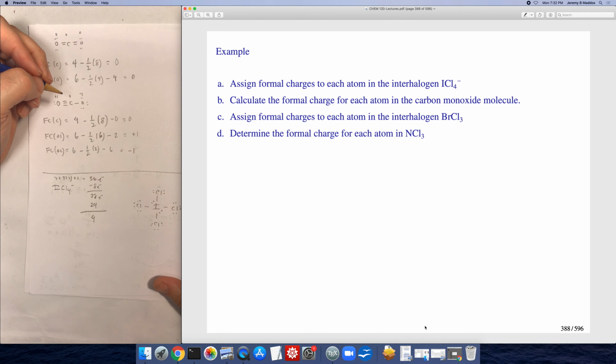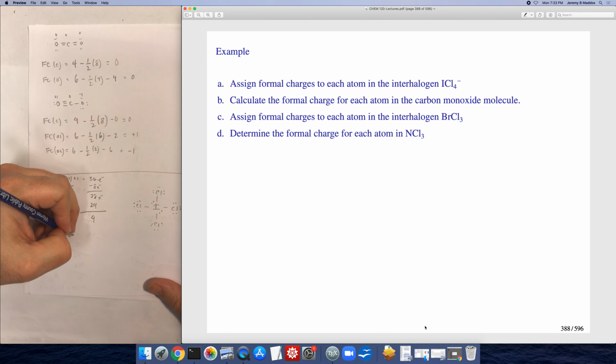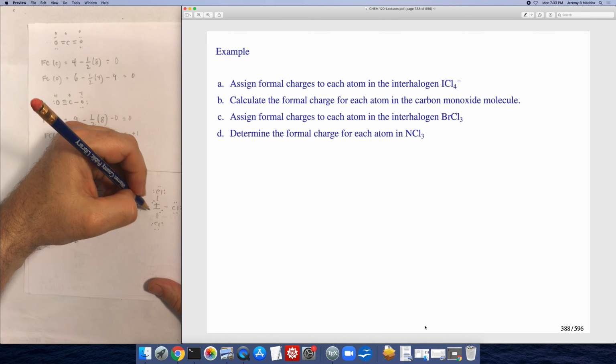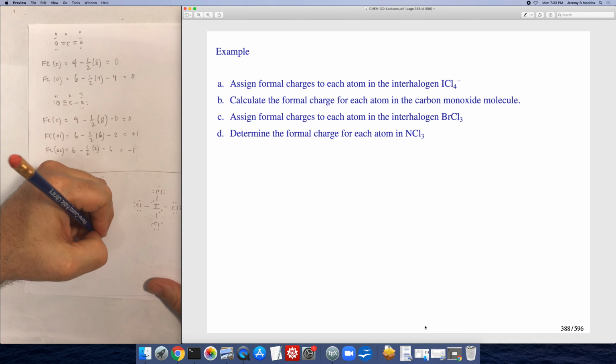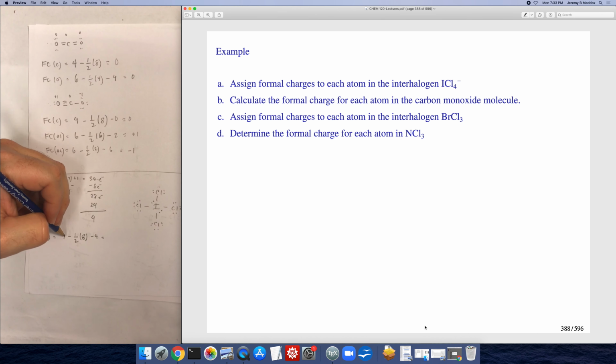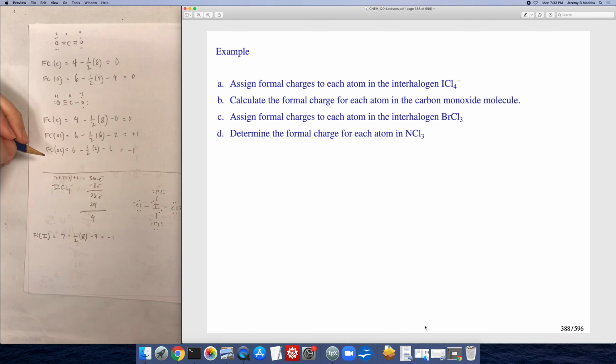Now what we want to do is assign the formal charges. So we'll start with iodine. The formal charge on the iodine, we start off with 7 valence electrons. Subtract off half of the bonding electrons. There's 2, 4, 6, 8. And then there are also 4 lone pair electrons. So that's 7 minus 4 minus 4 gives us a -1 formal charge